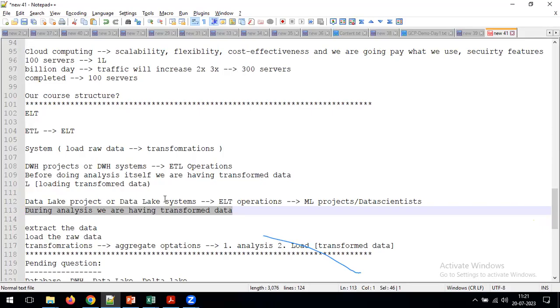Now, for example, if I am going to maintain only one storage system, then in that storage system we are always going to maintain the raw data only. When we do the aggregation on the fly, ML engineers will write some kind of scripts. By using those scripts, they are going to convert this raw data into the aggregate format. But don't think that converting means they are changing the data here. They are not changing the data. Raw data would be present as is.